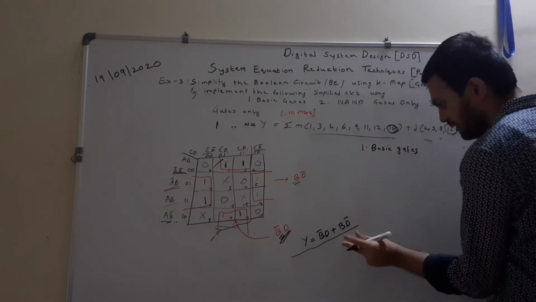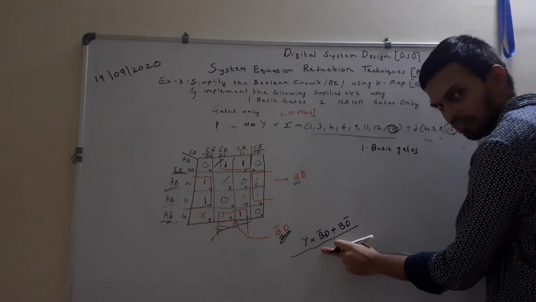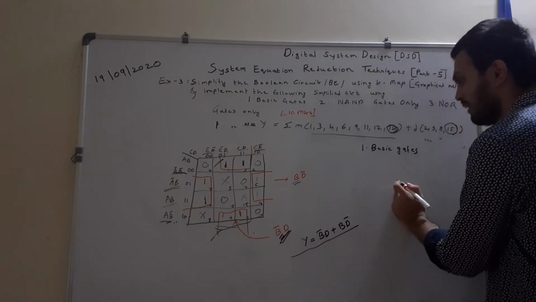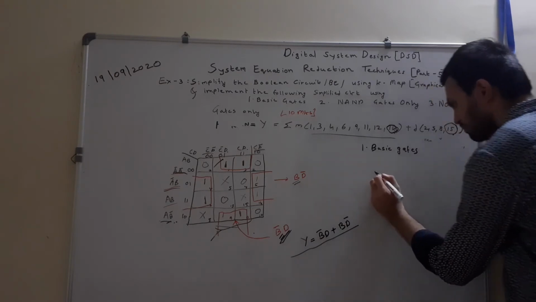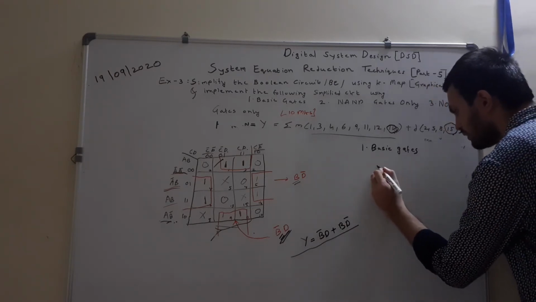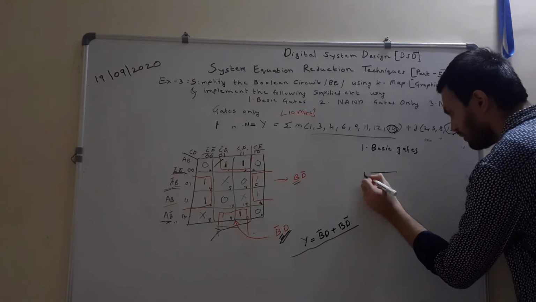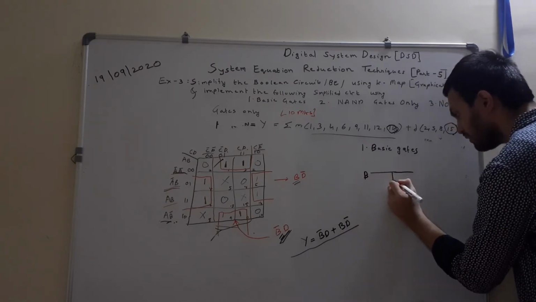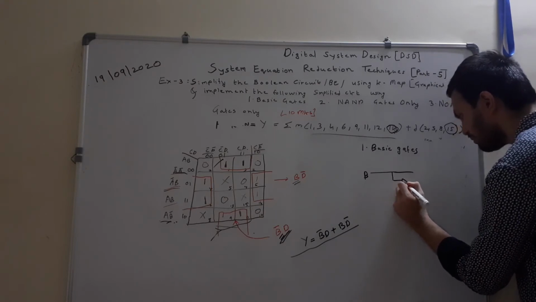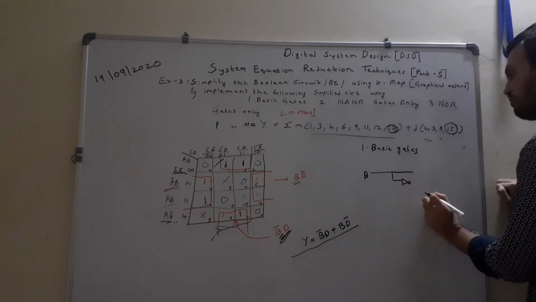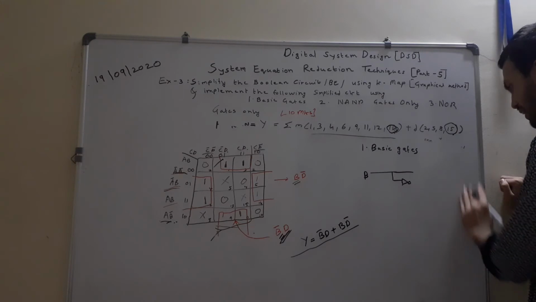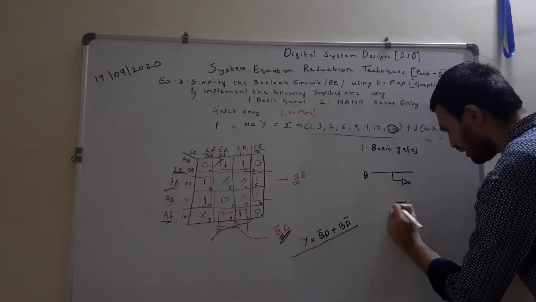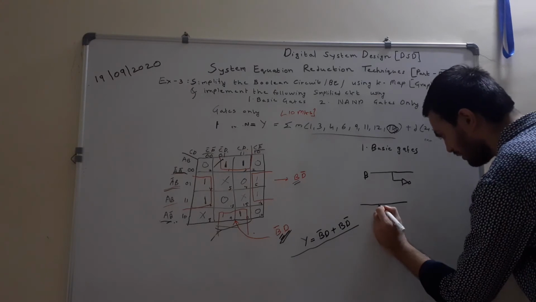And we have to realize this particular equation that we obtained after simplification, that is b bar d plus bd bar. So how will you realize that? Now b bar d. So here if we represent a signal named b over here, and we take its complement because we want complement, and we are going to use only AND, OR and NOT gate because those are the only basic gates available to us. And then this complement is also present in the system equation.